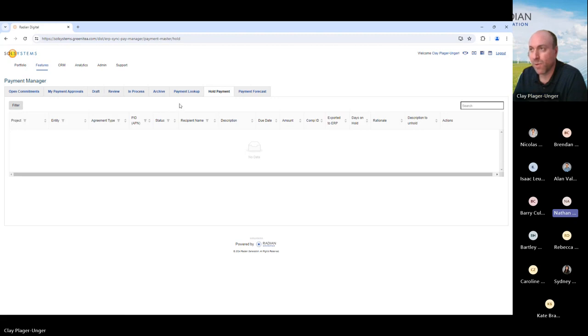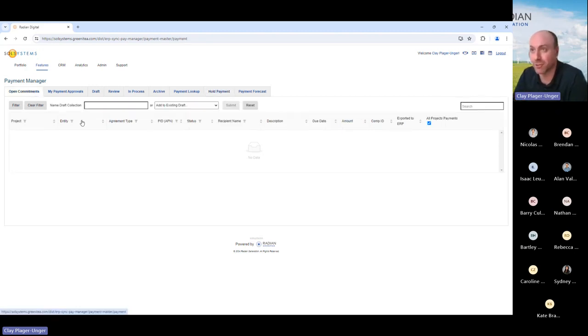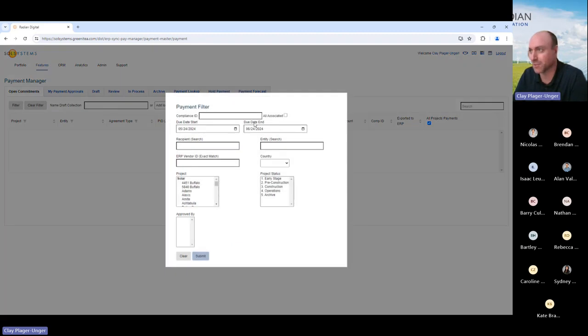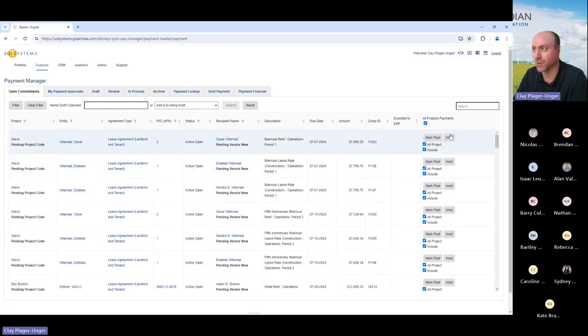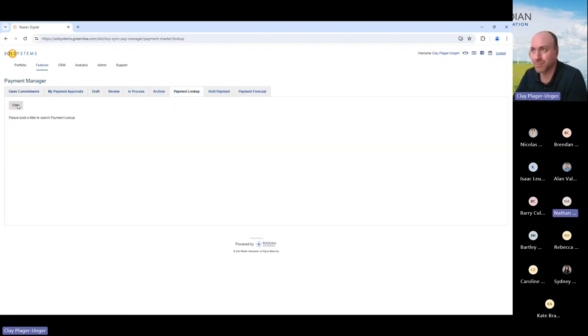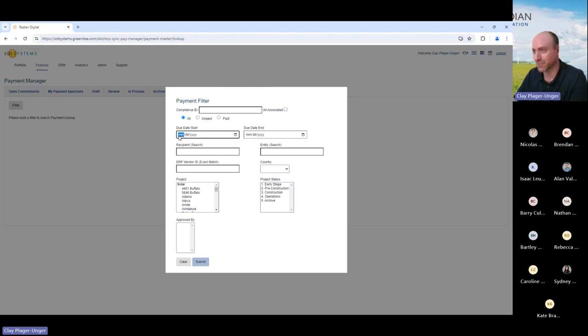So is it removed from open commitments, but put in the hold payment group? Is that the way to think about it? Correct. Payments on hold cannot be in a payment collection, or it would remove them from a collection and place them on hold. Okay. You can also, just from open commitments, place something on hold directly here. So it's not like it would have to go into a collection and then on hold. I think you can even place things on hold directly from